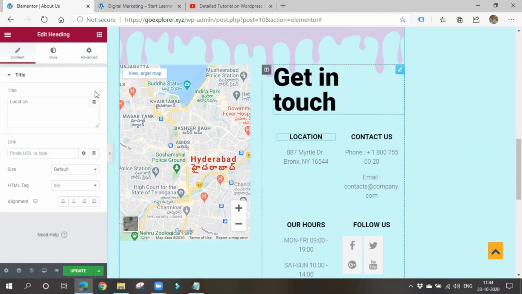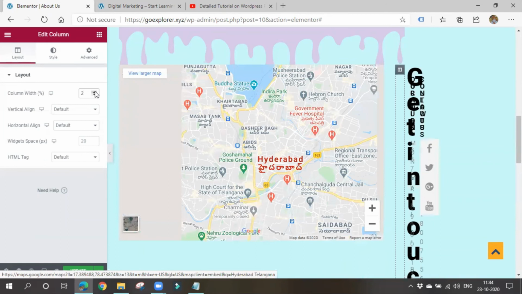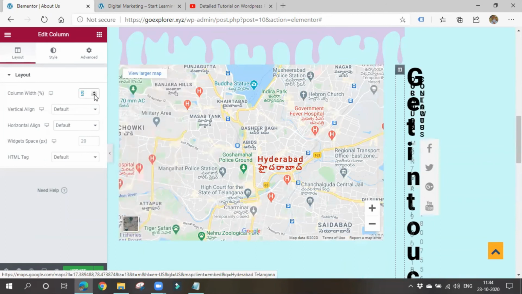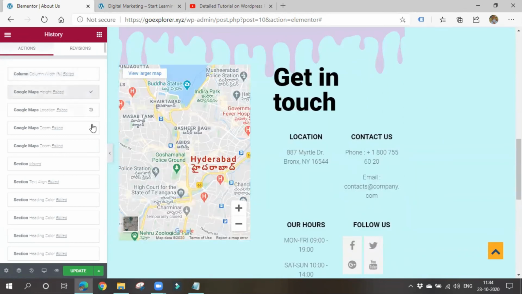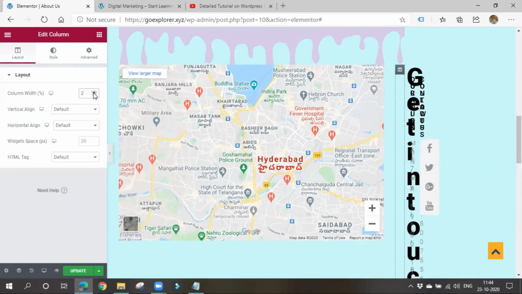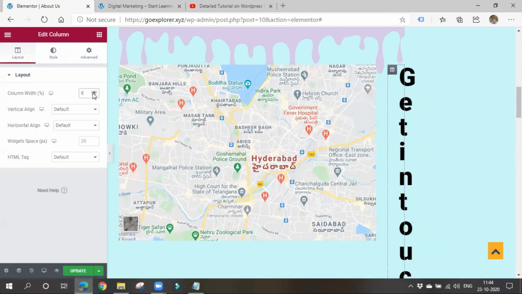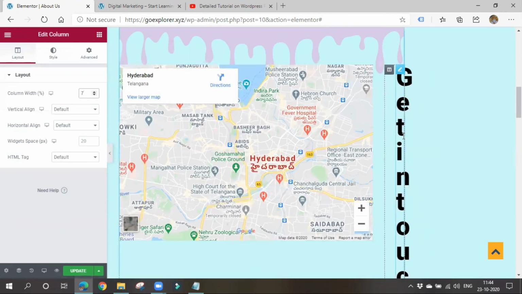So now let's go and edit this thing. Column. So column width. I want to increase the column. Okay, this thing is decreasing. So I'll go and undo this thing. Okay, you have to check once about the options and all.